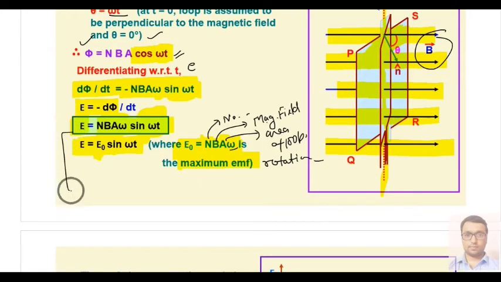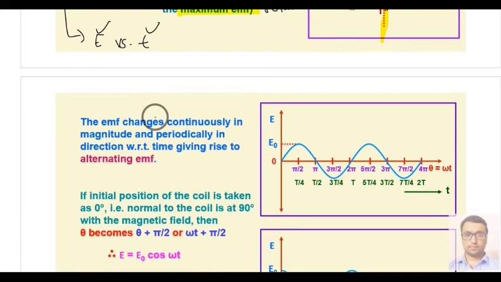Next you can see, if you are asked to plot a graph for E versus T, then to plot a graph you should have the equation first. The equation is e equal to nBAω sin ωt, and this equation is given by this graph, or actually this graph is of sin theta, and you know sin theta is plotted like this. At pi by 2 or T by 4 it gives you the maximum value, at pi or T by 2 it gives you 0,